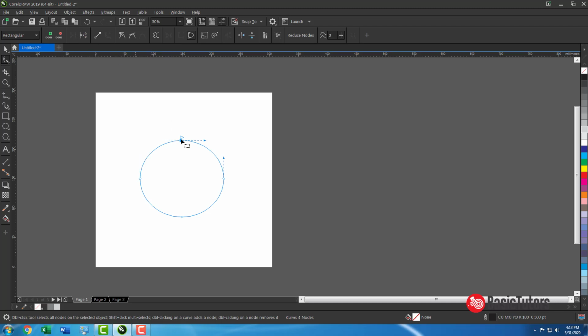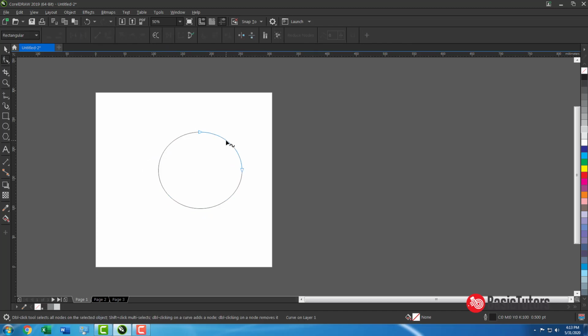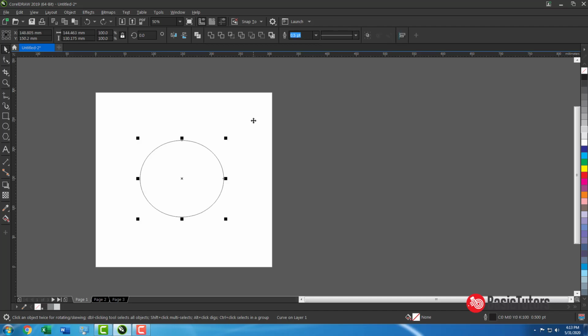Okay, now these two nodes are broken. If you extract, it automatically divides into two objects. This is for extracting the segment.